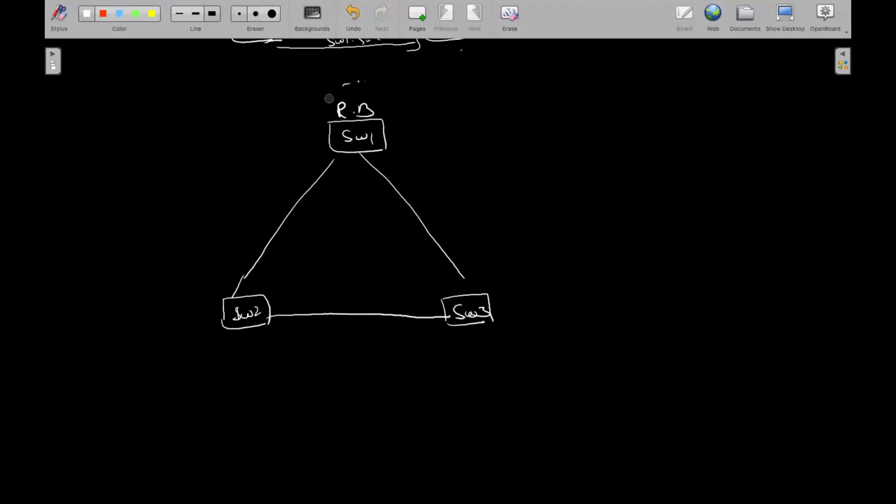Let's first specify the MAC address. 0A, 0B, 0C. Now who will become root bridge here? 0A, thank you. So he will become root bridge. Now once it finds the root bridge, the root bridge has to identify